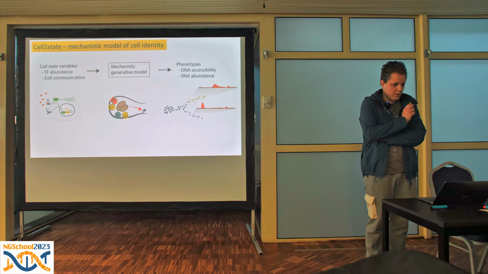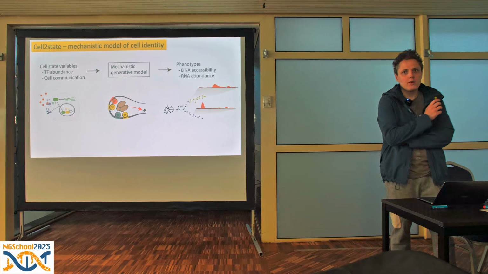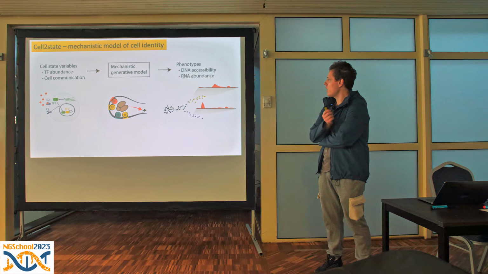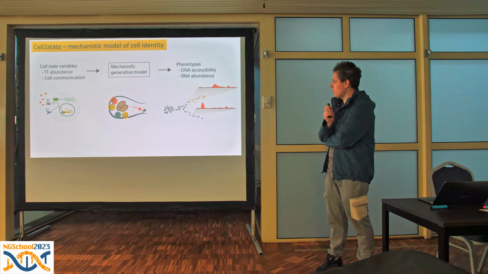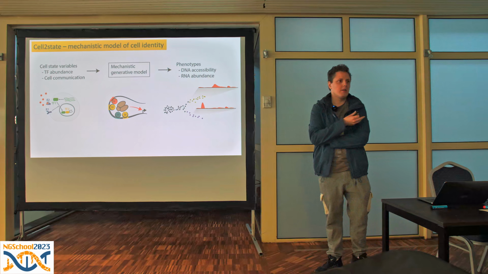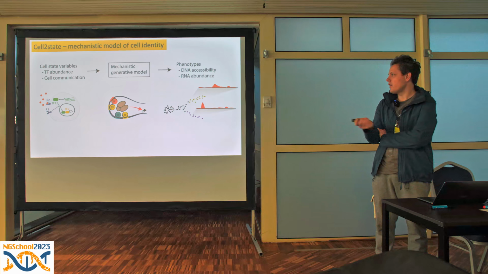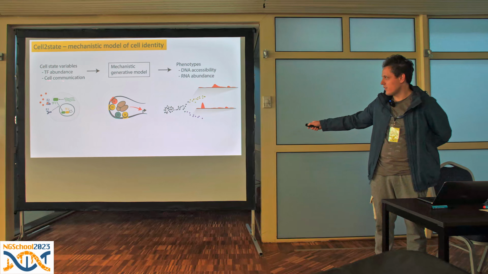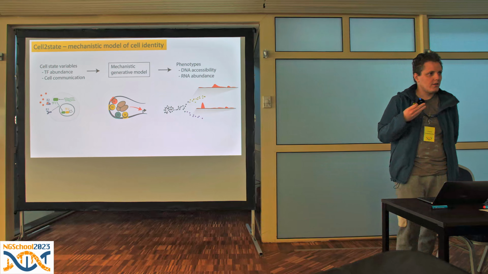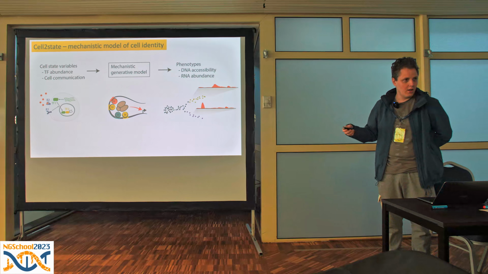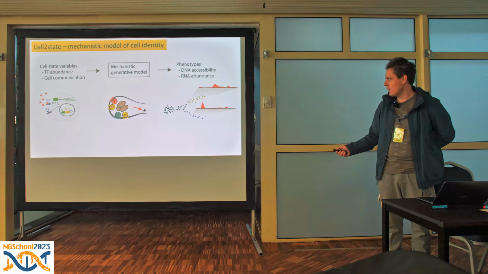So first, thinking about cell identity, this is one of the core interests for me, and took the bulk of the PhD work. What we want to formulate is a mechanistic model of cell identity. How do we do this? We need a model that represents cell state. Specifically, it represents the abundance of transcription factors, proteins that regulate transcription, as well as certain information about cell communication. Then the model needs to represent the mechanistic steps involved in how those proteins regulate